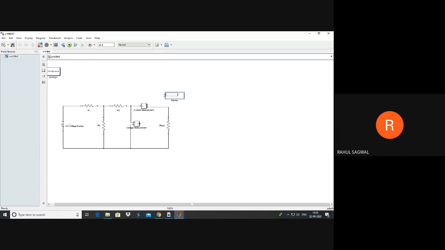As we are dealing with DC, we are using this instead of a scope. In scope, we used to observe the waveform, basically the nature of the waveform, how the waveform is going to vary. But in case of DC, the current value will be just a constant value, right? This much of current is flowing, let's say 10 ampere. So you need to just display that numeric value. For displaying a numeric value, this display option is rather better.